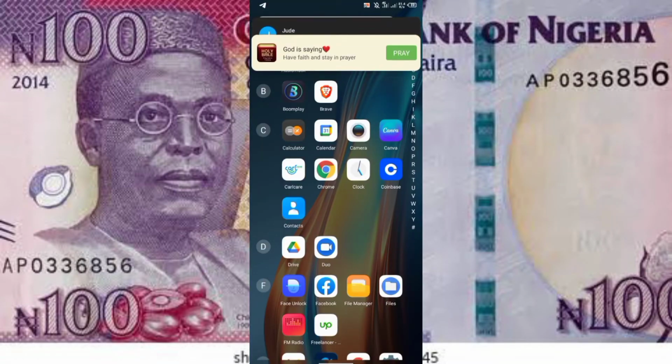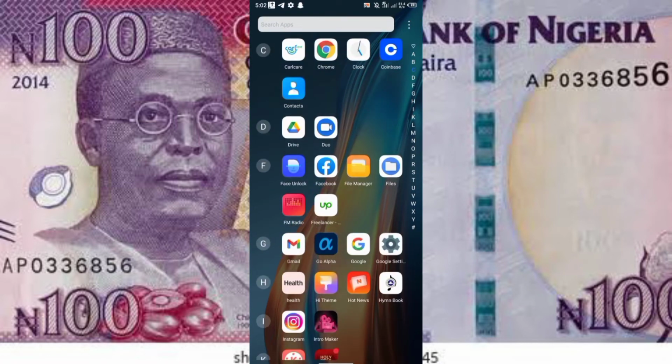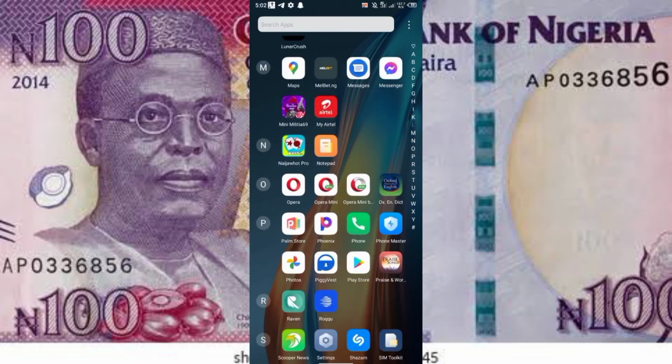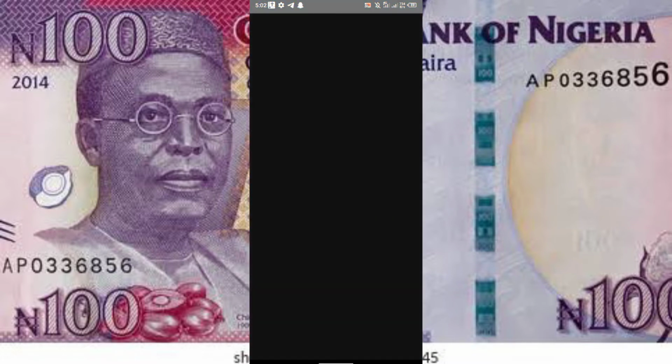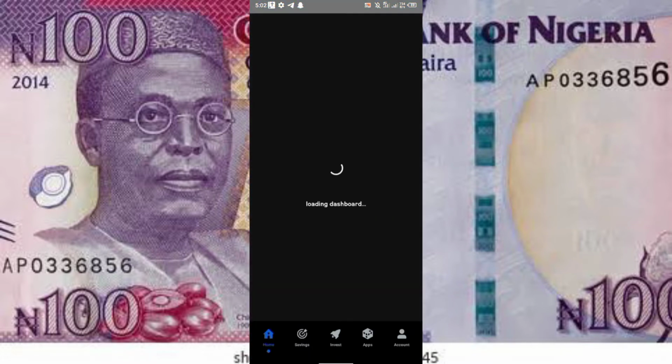Okay guys, welcome back. We're on our screen right now, so let's dive into our application right now, which is PiggyVest. And I'm going to show you guys how you can literally use it right now, to make that income for yourself. And as the application is popping up,